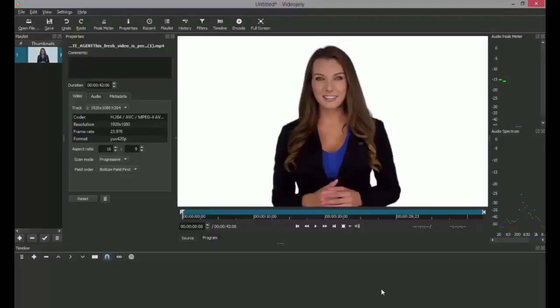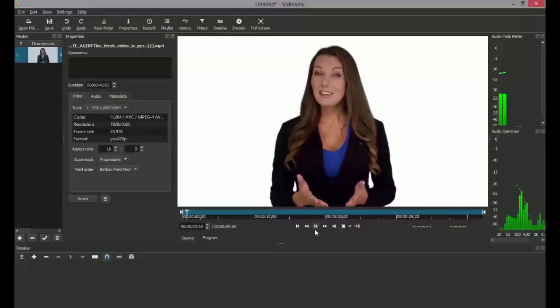Now that that's taken care of, we can now start editing our video. For example, let's say you wanted to make the video shorter. To do that, let's first take a look at the video player. As you can see, it has all the standard options you would expect, such as play,